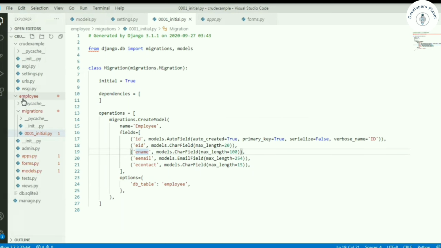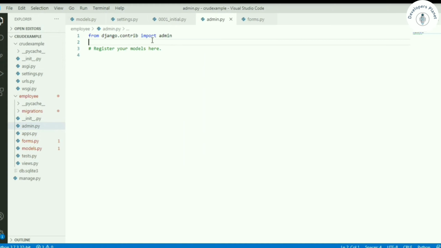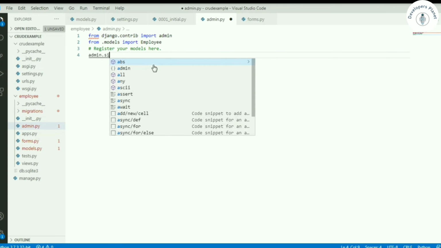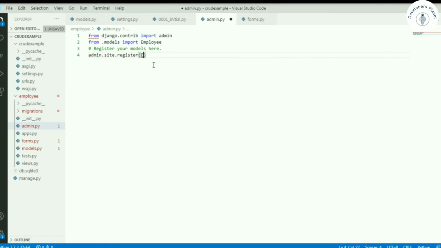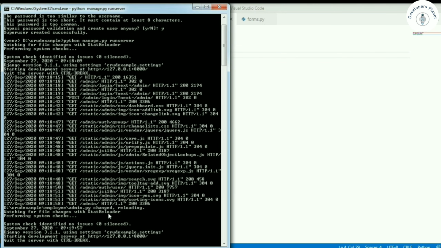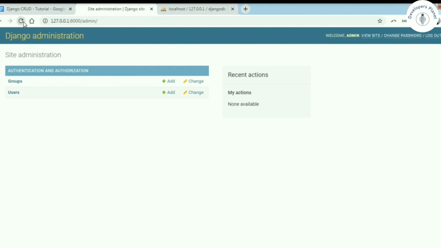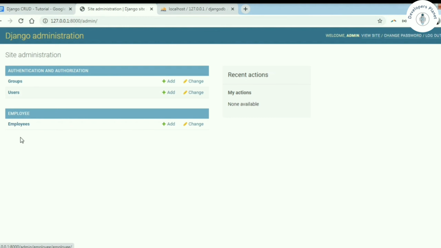So what we need to do is, in our employee project, we have an admin.py file. Here we need to register. So let's first import the model here, from .models import Employee, and let's register it into the admin. So admin.site.register, and we'll mention Employee. So let's go to the command prompt. I think, yeah, it's reloaded and changed, running fine. Let's go to the admin panel, refresh. Okay, so here we get the employees app.